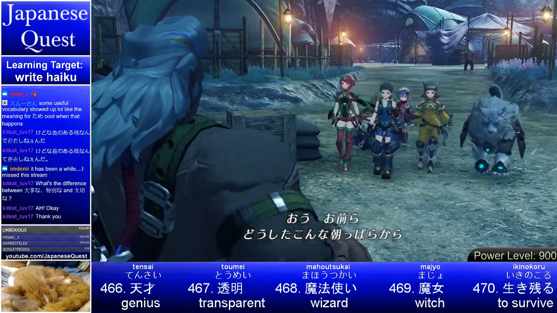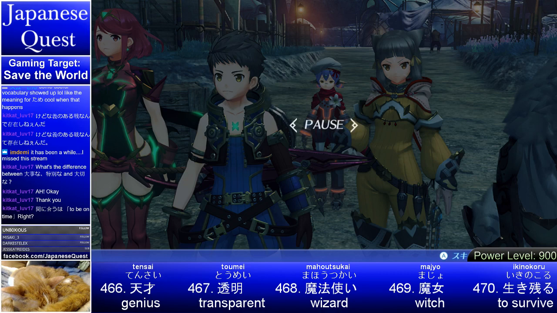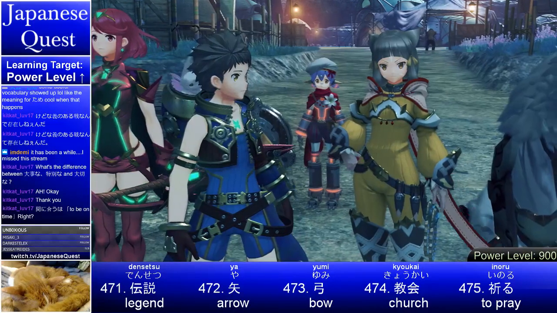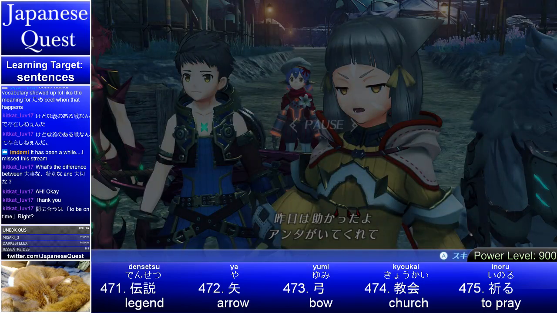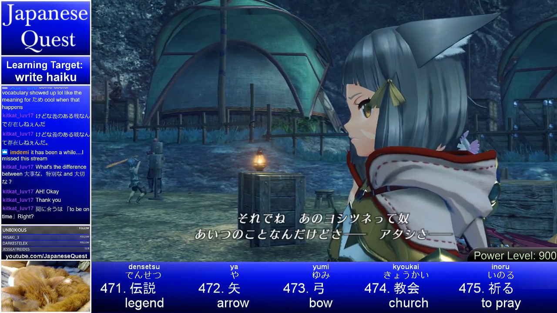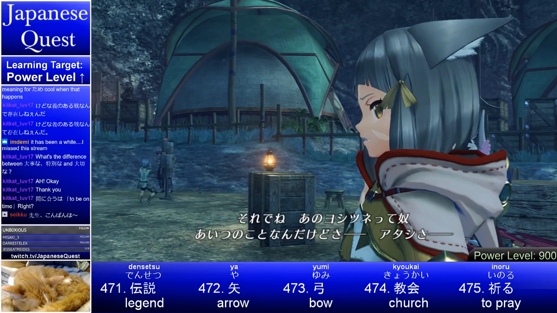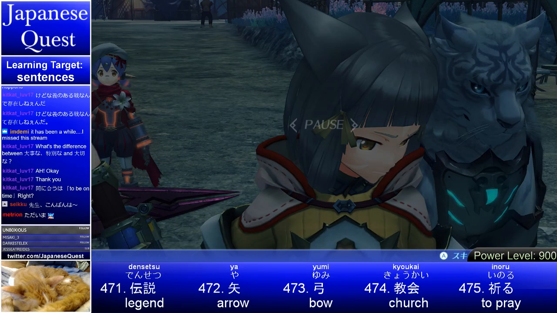おい、お前ら。どうしてこんな朝っぱらから。Okay, so what are you here for so early? Kit Kat, Soyo, that is right. 昨日は助かったよ。So thanks for yesterday. あんたがいてくれて。それでね、義経ってやつ。So talking about Yoshitsune. Ah, Seiku. Ah, konbanwa. あいつのことなんだけどさ。あたしさ。